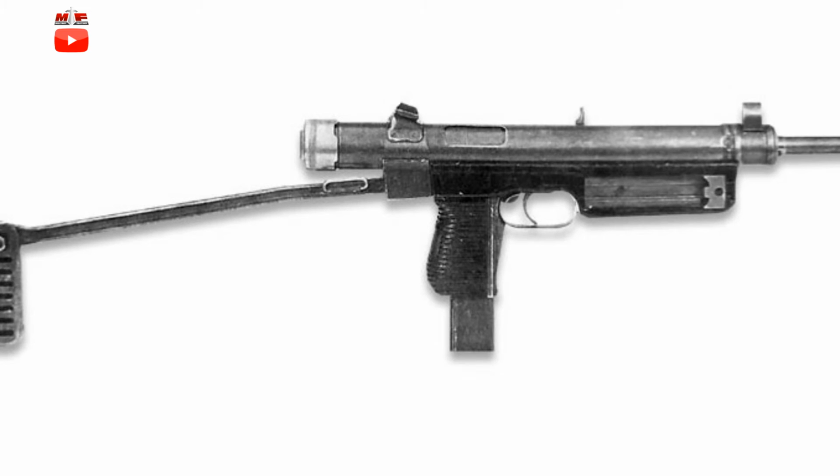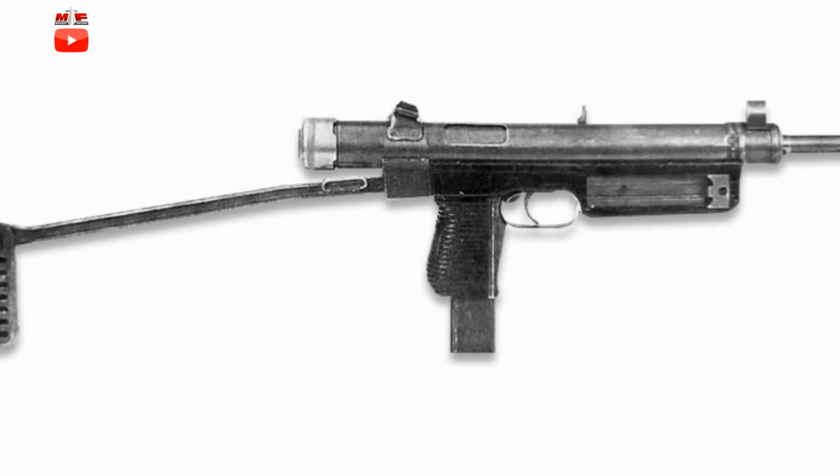The SA vz.23 quickly established itself as the standard issue SMG for the Czech Army during 1951 to 1952. The SA vz.24,